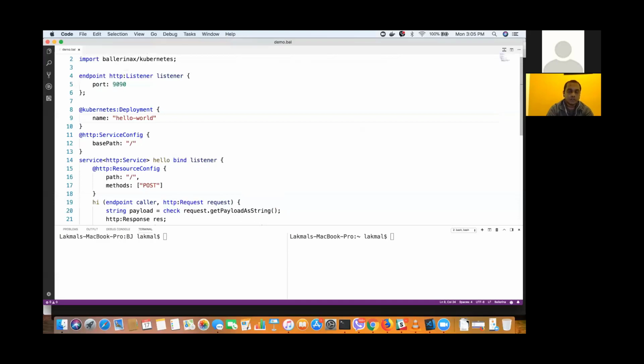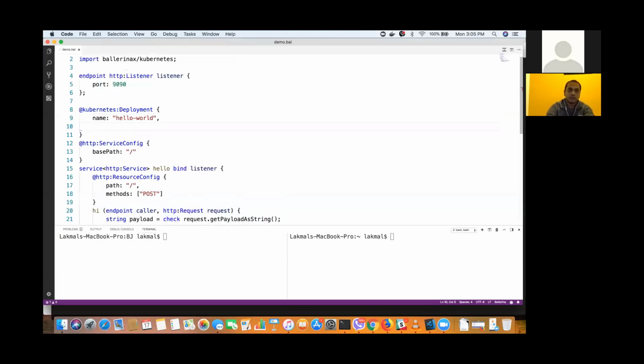Yeah, it's also possible. Ballerina has the config APIs, so you can read values from environment variables or config files. If you make the namespace readable from the config APIs, you can pass the namespace or the replica count or all these things into the build system.